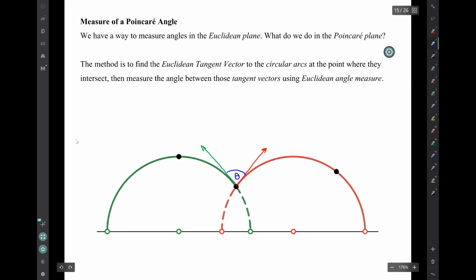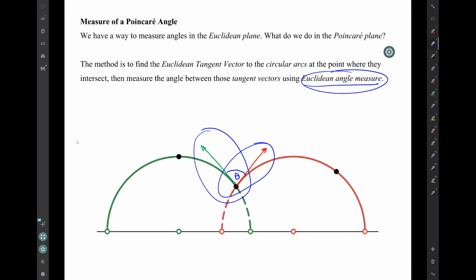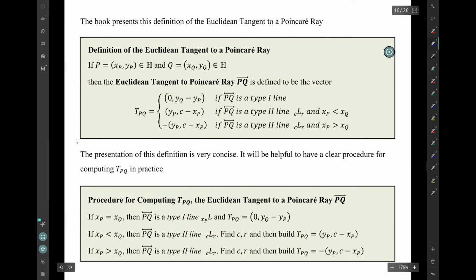Now, we know how to find angles using Euclidean angle measure. The question here is, how do we find these vectors that we'll use when we do that? Find the angle between those vectors, the green vector and the red vector. Well, the book presents this definition of the Euclidean tangent to a Poincaré ray. So if point P is this point in the upper half plane and point Q is this point in the upper half plane, then the Euclidean tangent to Poincaré ray PQ is defined to be the vector denoted capital T